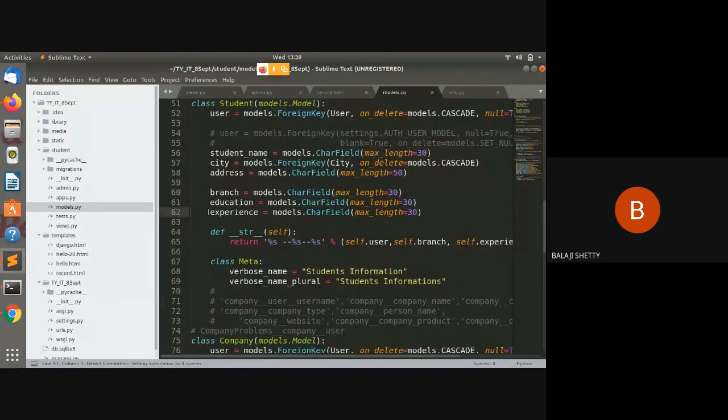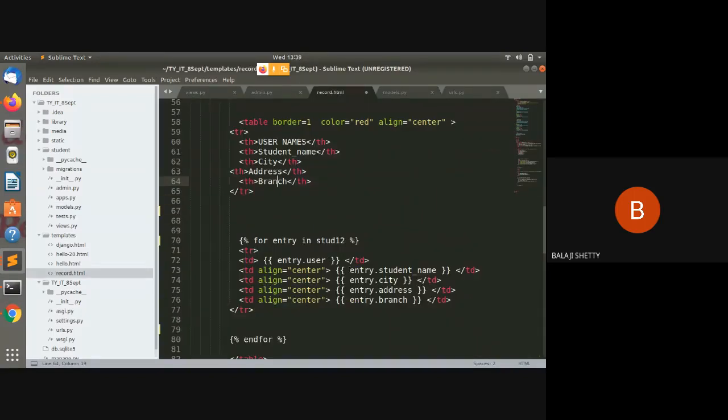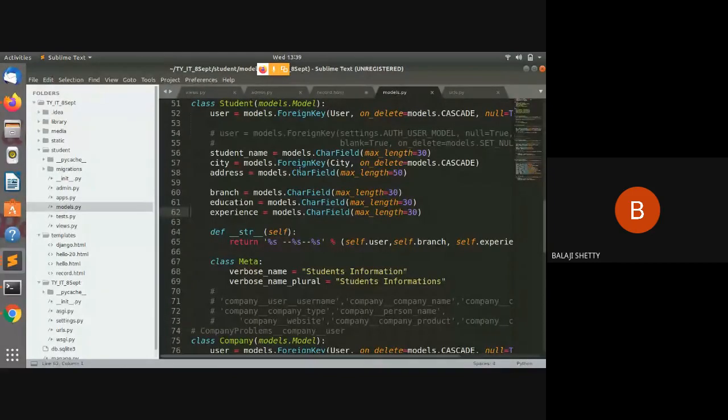See, the schema of student is this: user, student name, city, address, branch, education, experience. Okay, so these are the column names of the students. Now you can see the same fields here: student name, city, address, and branch.